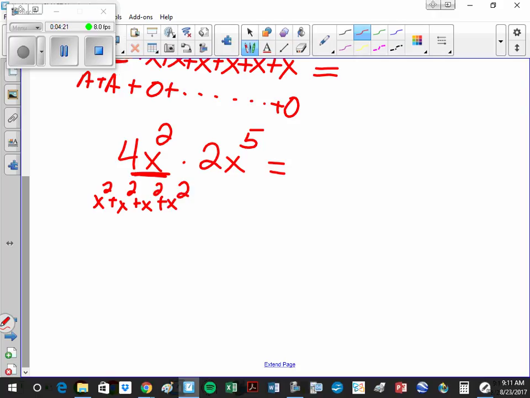Okay. What about the next one? Or wait, sorry, they're not plus. No, that's right. And then what's the next one? So that's multiplied by 2 copies of x to the fifth added together. Okay. Well, what is an x squared in terms of multiplication, not addition? How do you get x squared using x's? X times x, right? If you add the same number over and over, you can simplify it into a multiplication problem. If you multiply a number over and over, you can simplify it using